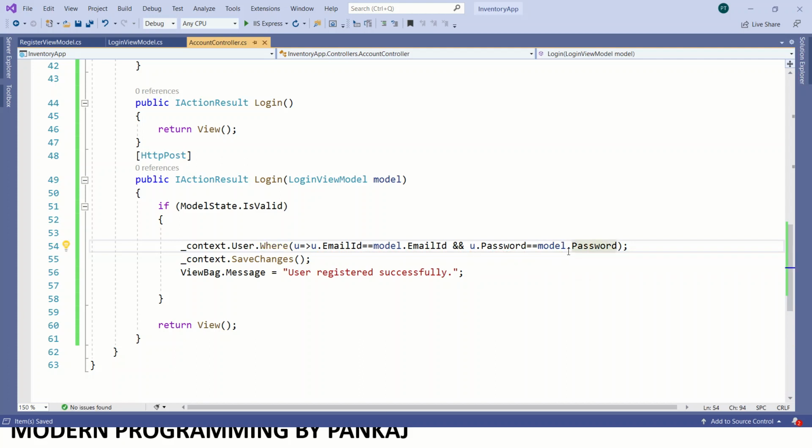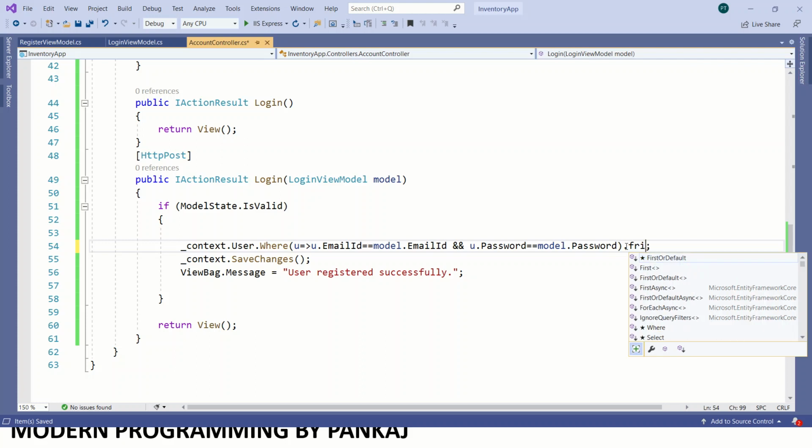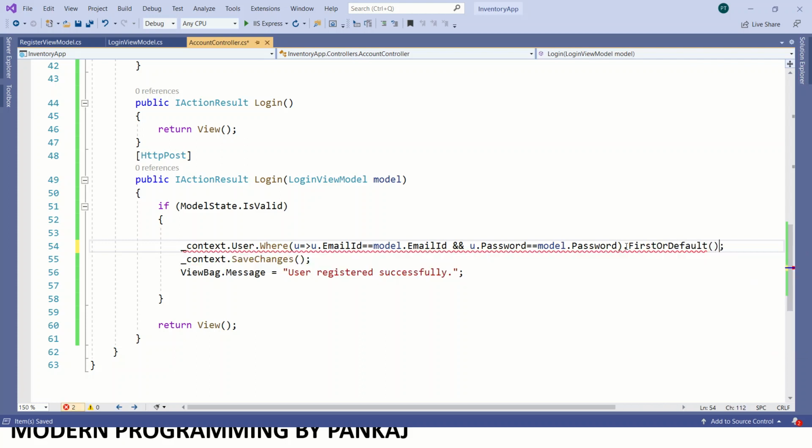And we are going to take only the first record. So we have got the user object ready.